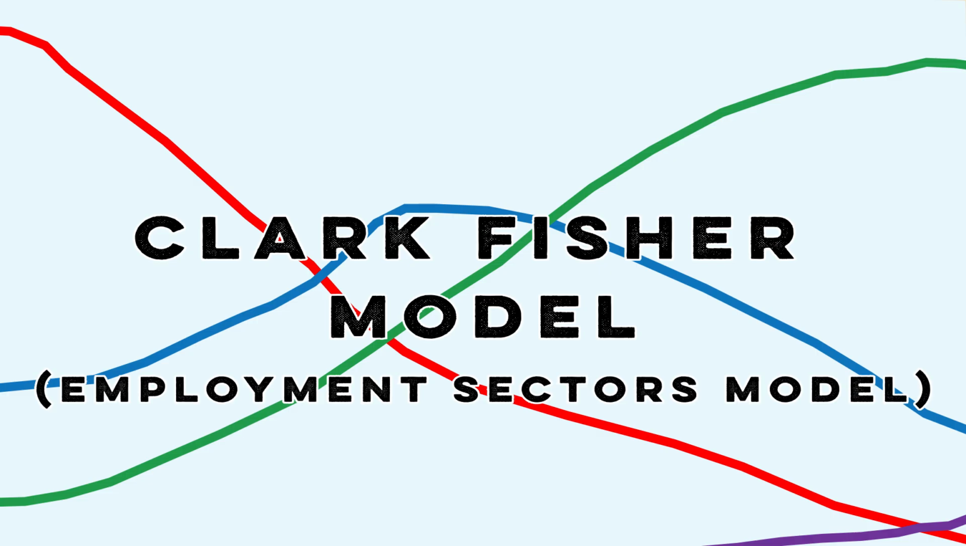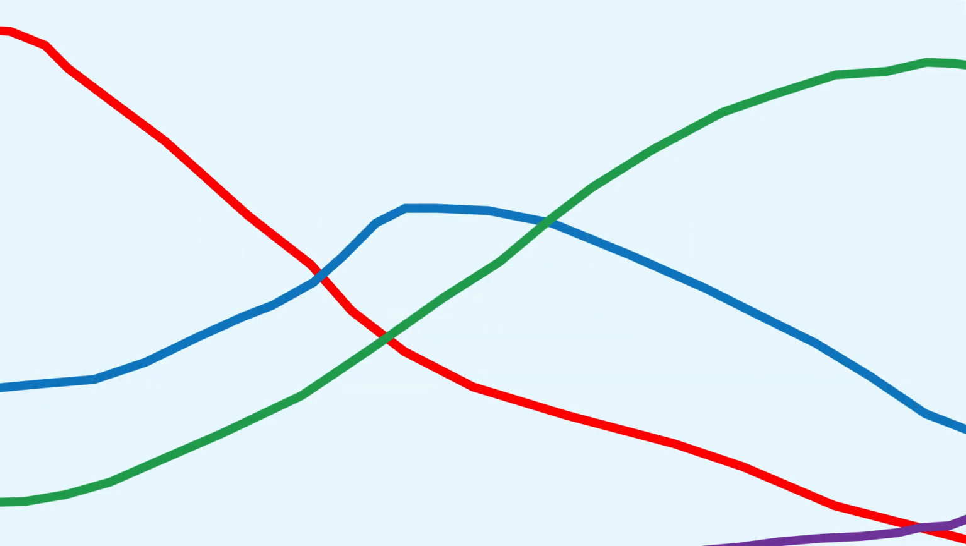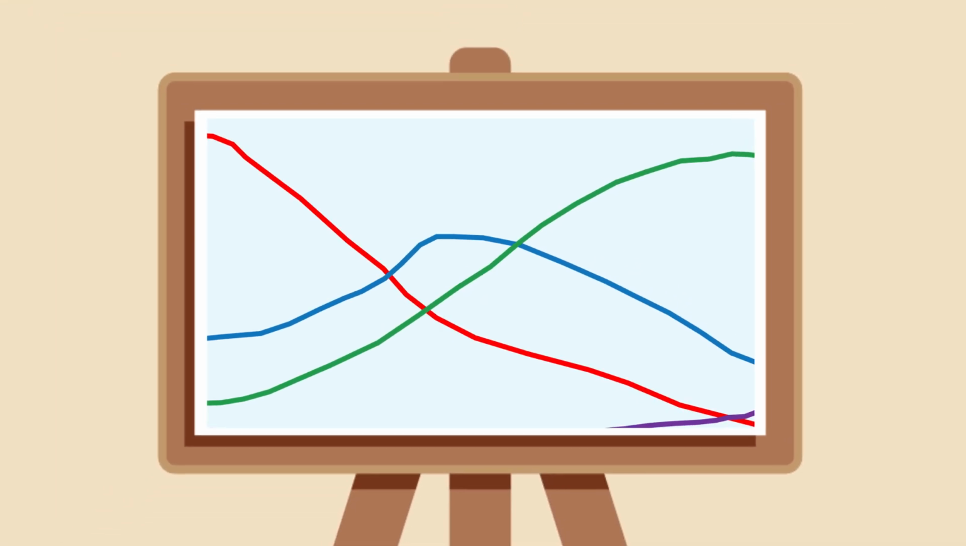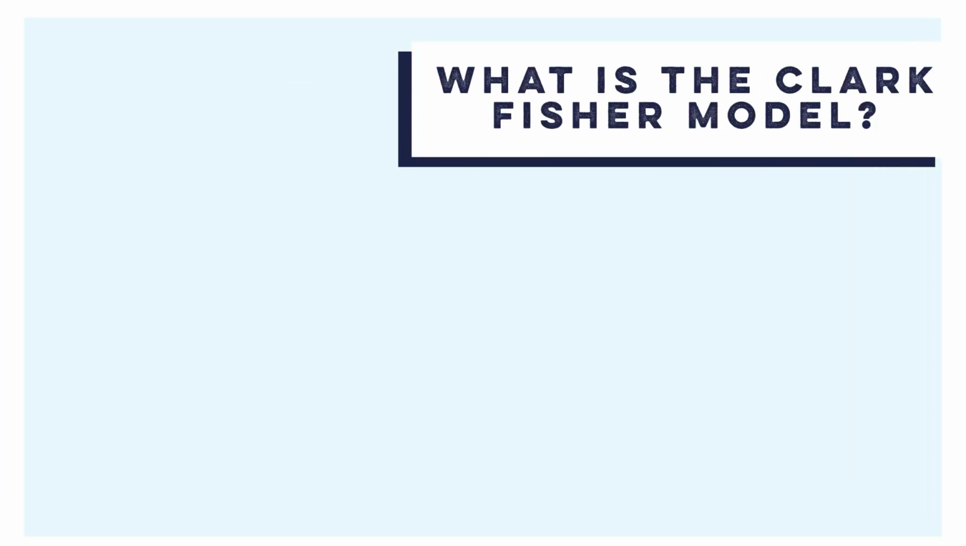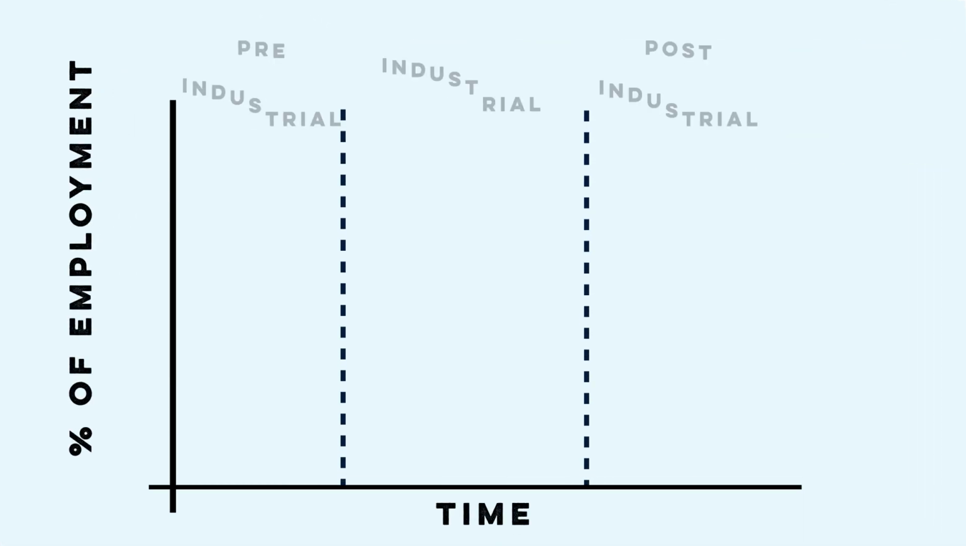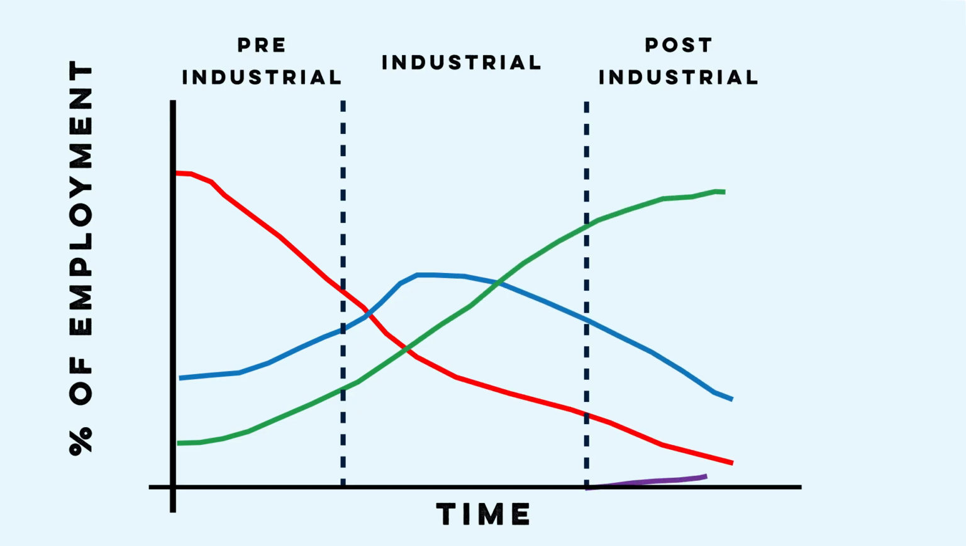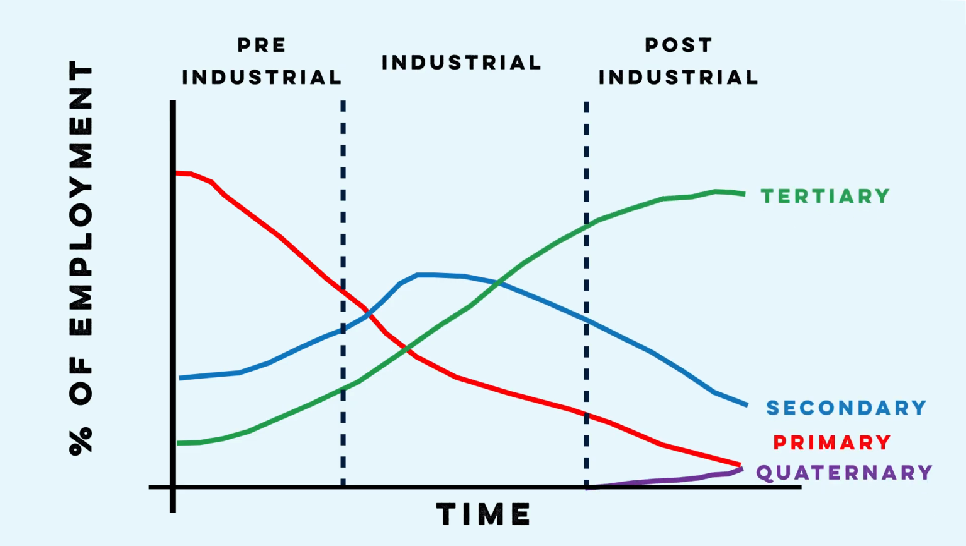Today, we're going to explore the Clark-Fisher model, a key concept that explains how employment changes as a country develops. Let's break it down into simple steps. Step 1. What is the Clark-Fisher model? The model shows how the proportion of people working in different employment sectors changes over time as a country develops